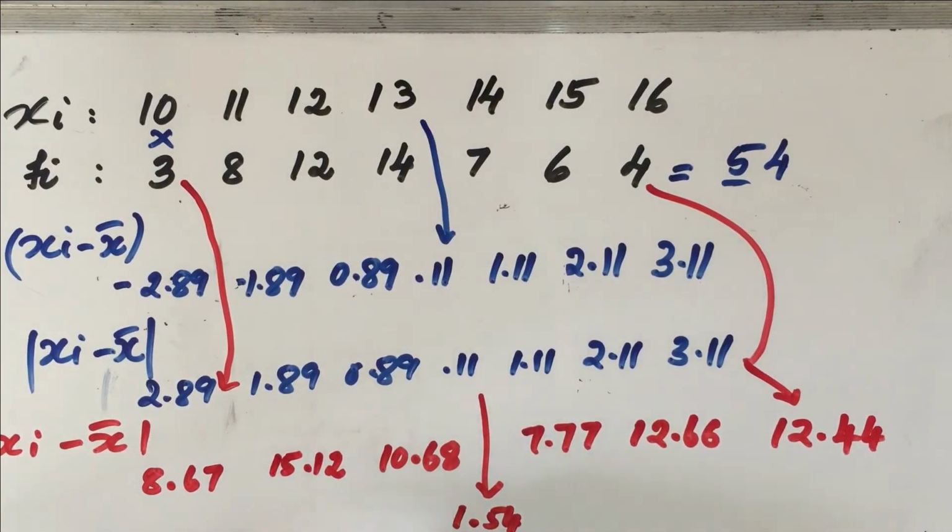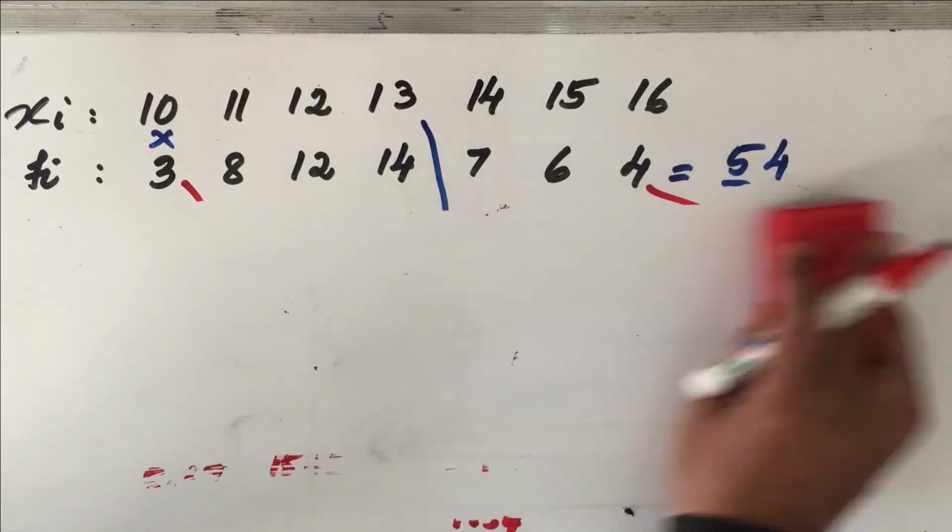So the summation of all these, by using a calculator we can find this value, is equal to 68.88. Okay, so this is 68.88. Now that is also we got it. So now we have got all the values which are needed. Now let us fit it into the formula.